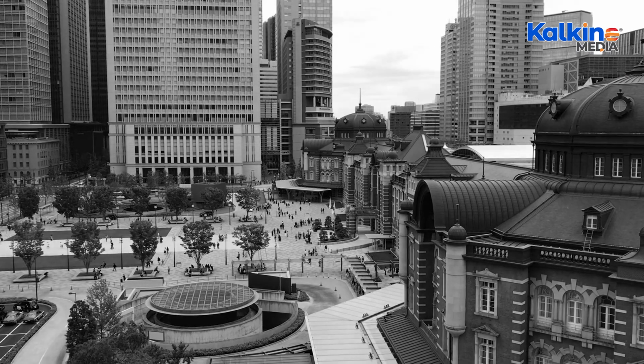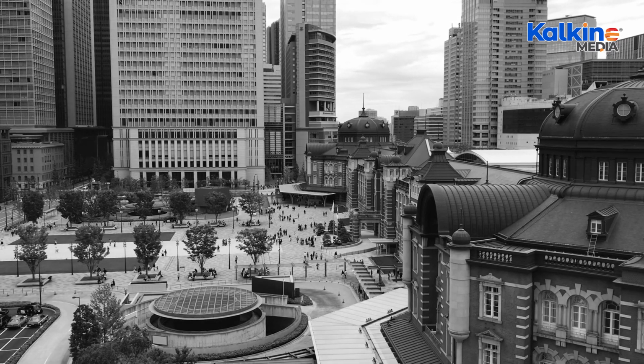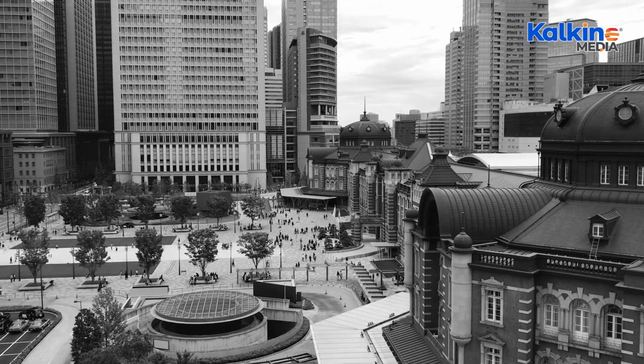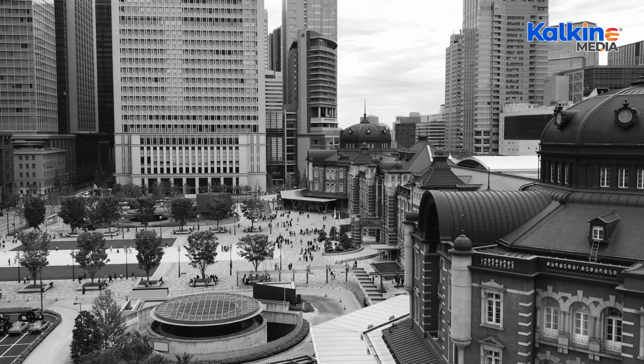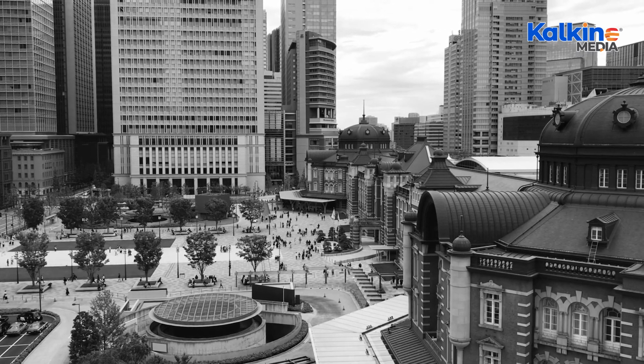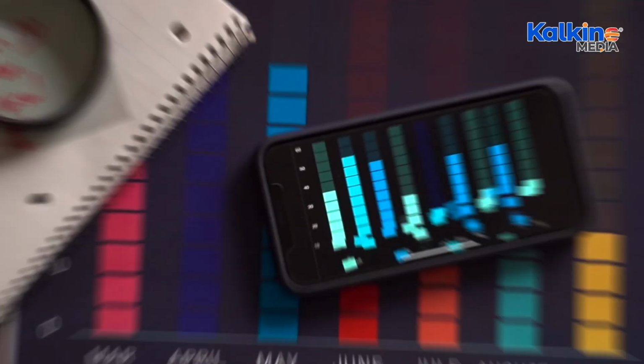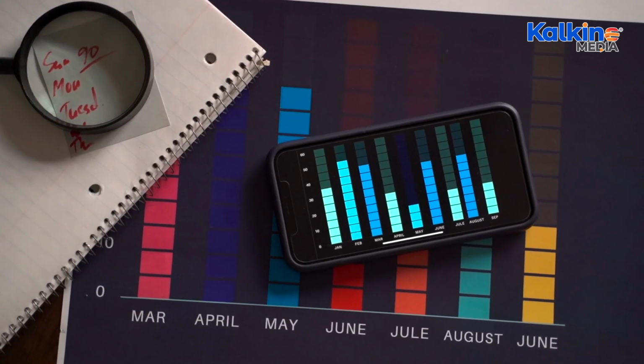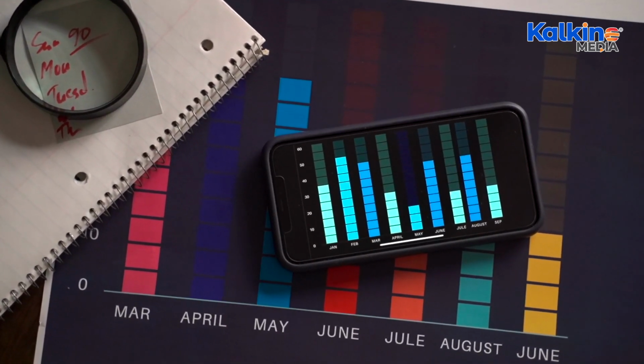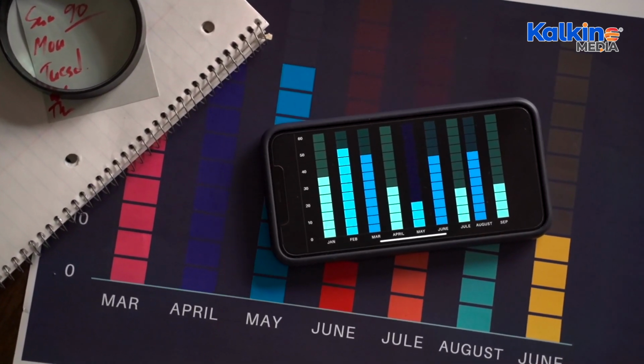In 1989, the Japanese real estate bubble reached its peak, with land prices in Tokyo reaching astronomical levels before crashing, resulting in a massive loss of value. The dot-com bubble of the late 1990s saw technology stock prices soar, with the Nasdaq index increasing five-fold before crashing